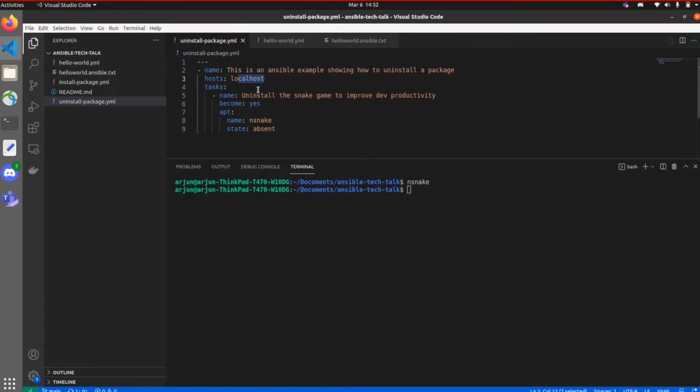So again, host, just this computer, but you could run this on many different hosts. And this time we're using the apt command, which, if you've ever used it, is basically for installing and removing packages from a machine. And of course each of these tasks has a different syntax which you can find online. This is just an example. And state absent tells it to remove, tells it to make sure that nsnake is not present on that machine. For example, I still have nsnake,